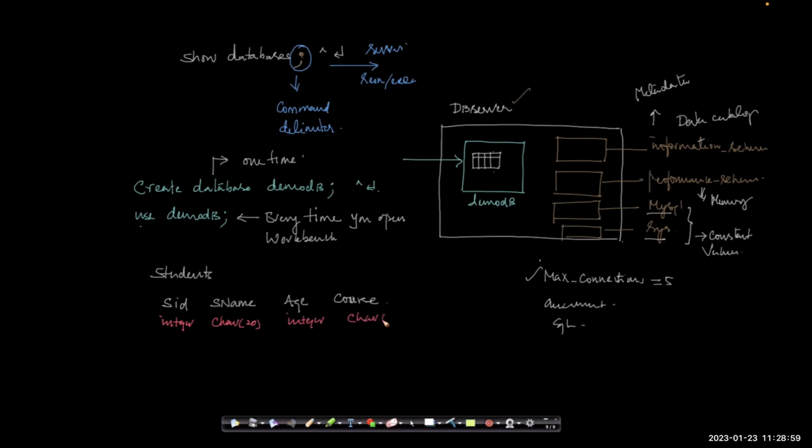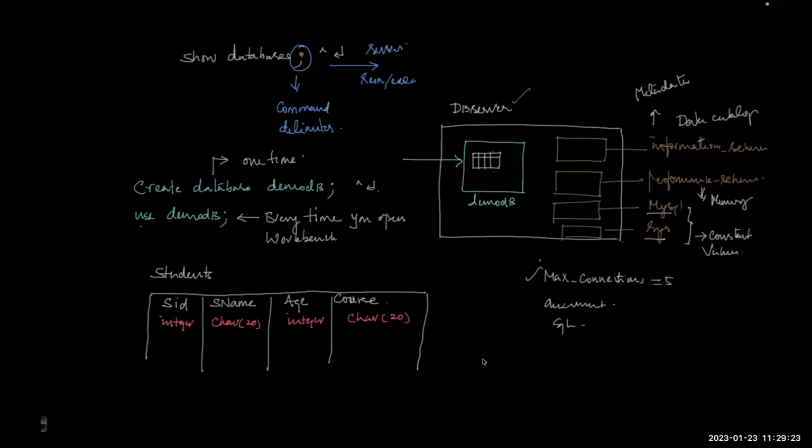Character of 20 means we are going to put character data into it and we will not exceed 20 characters. So we are not going to give a very big name. We will stick to names which are lesser than 20 characters. Once you decide on the columns and the data type, we can create our table. So how do we create a table? We will say create